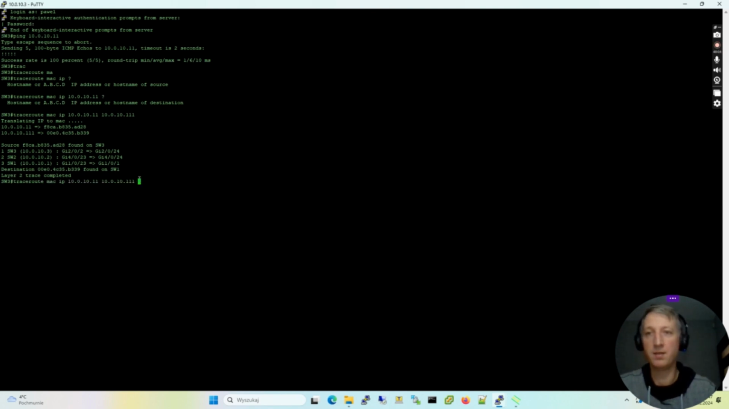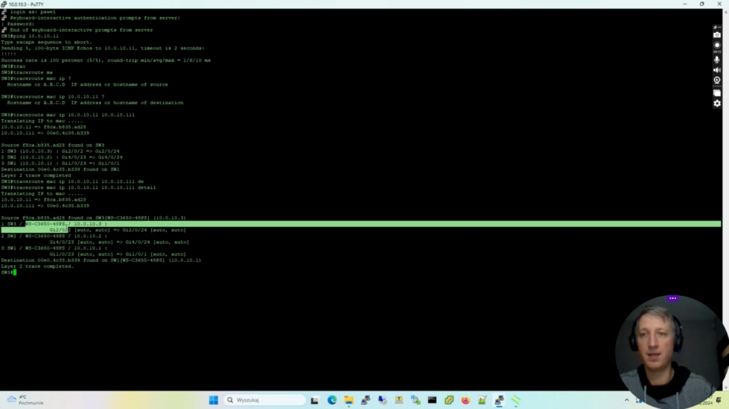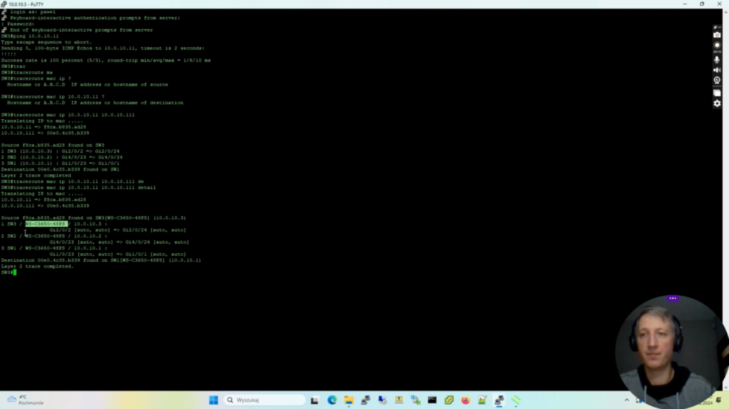Let's run this command again with detailed information. It's pretty much the same, but now we can see the version of our switches. According to Cisco documentation, certain requirements must be met. First is the CDP protocol, which we talked about earlier. The devices must be in the same VLAN. Switches and devices must be reachable through